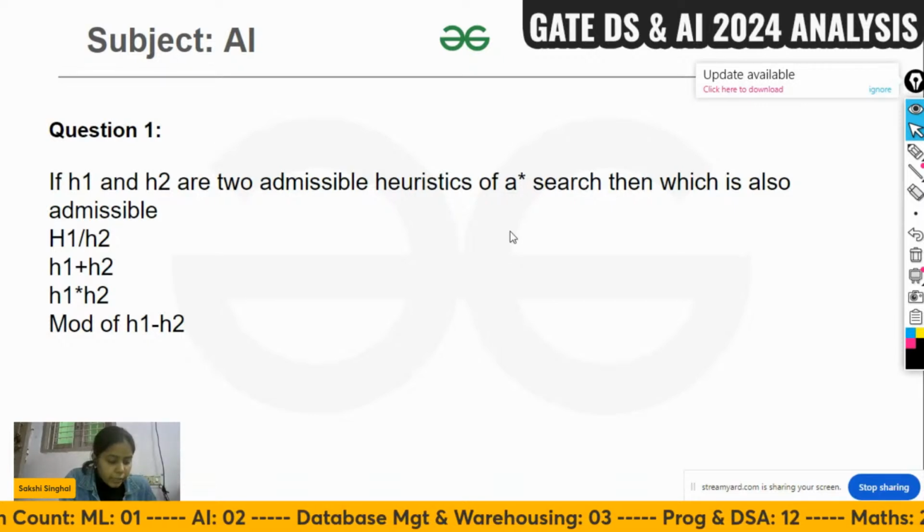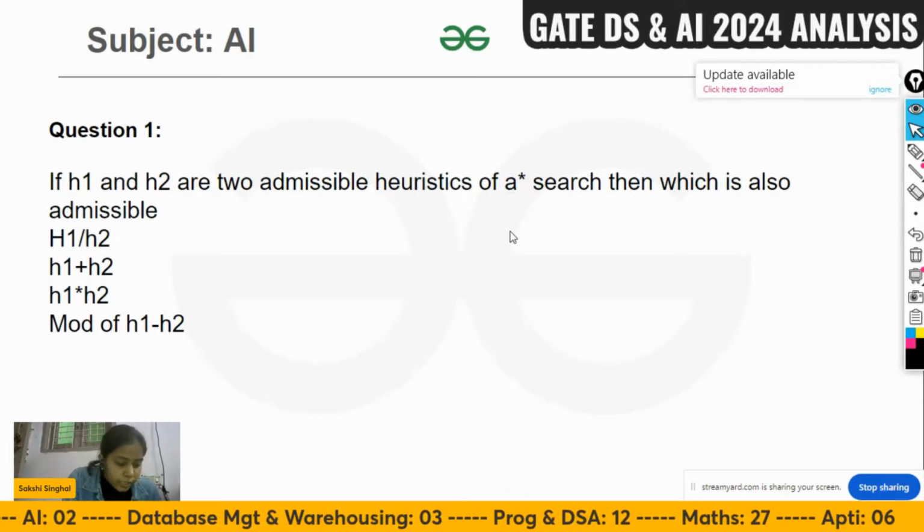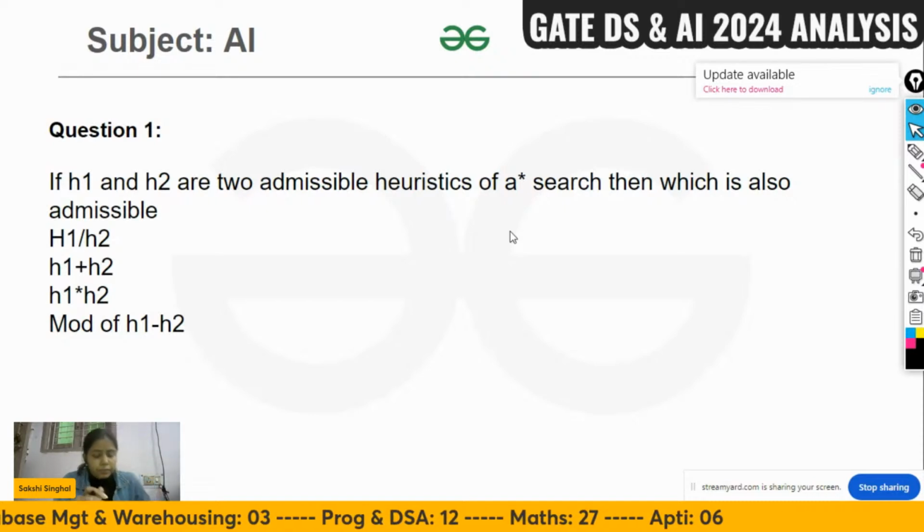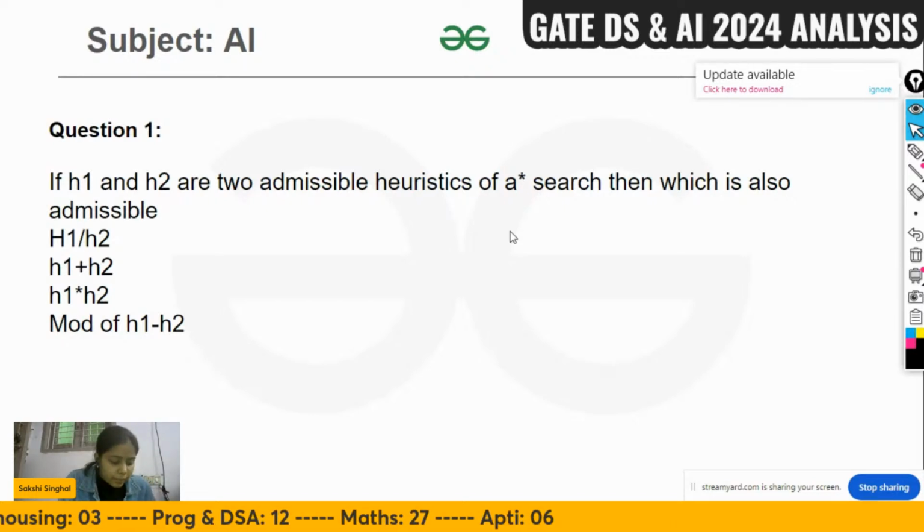Guys, can you tell me why modulus of h1 minus h2 would be correct? Because somebody is saying, people are,